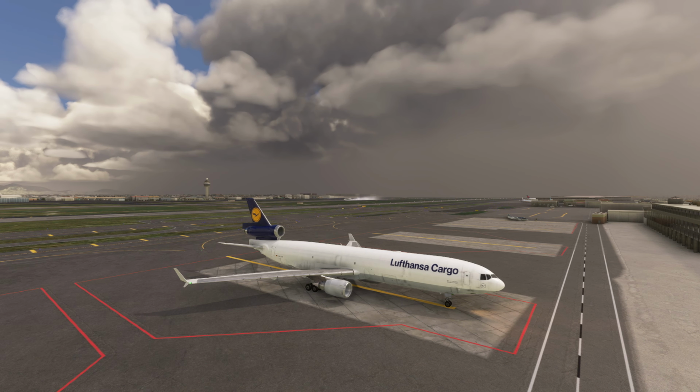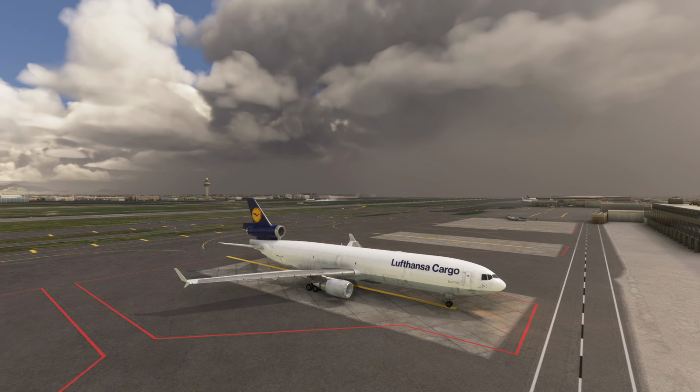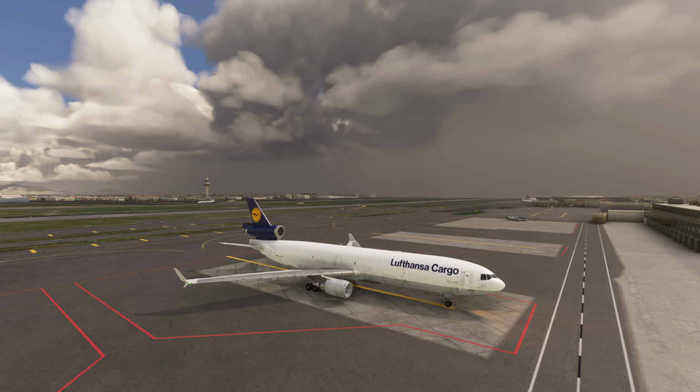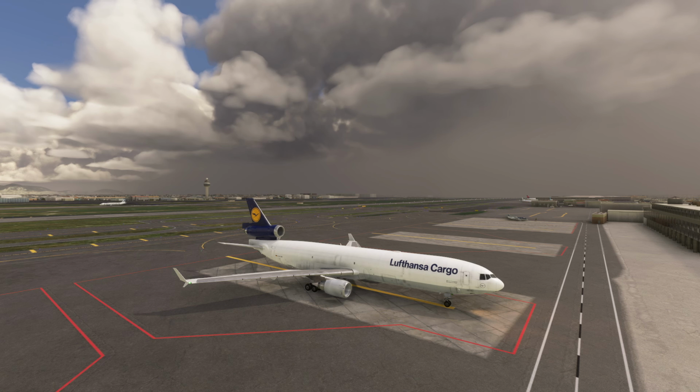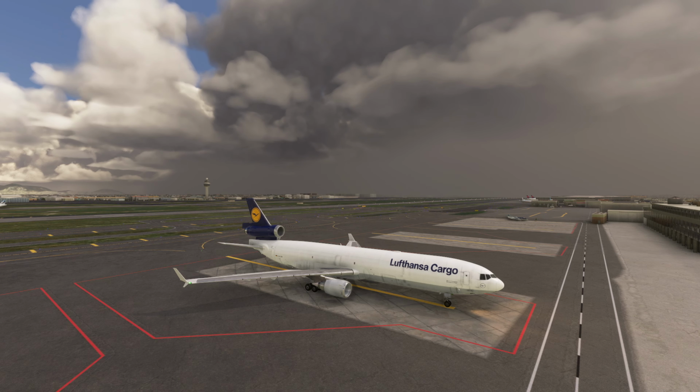But you know, I just had all these thunderstorms right up to minimums, so it was a little bit of a rough landing, and this aircraft sometimes does that. But no excuse. I should have probably gone around. It was just right at minimums when I saw the runway. So anyway,